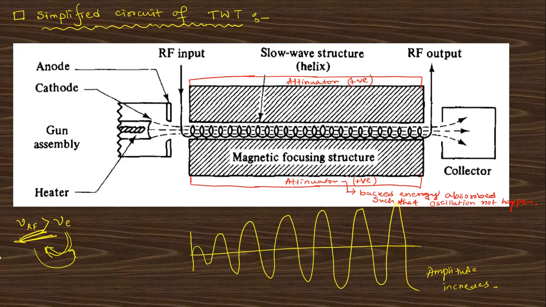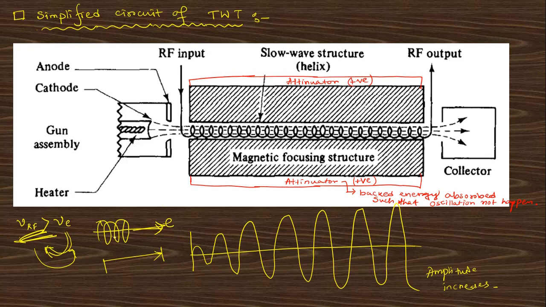So what we will do such that they can interact, this is the possible way: the electron moves in that path, and the RF power also moves in this spiral path. Then the speed of the RF power is also the same as the speed of the electron, but the axial speeds of these two are equal. I think the concept is clear.